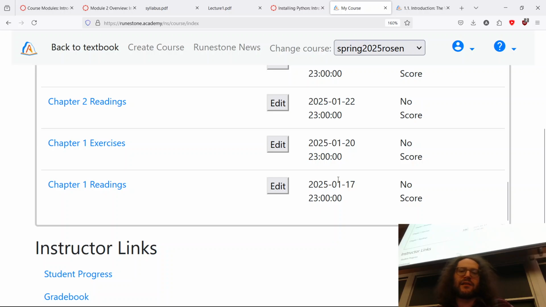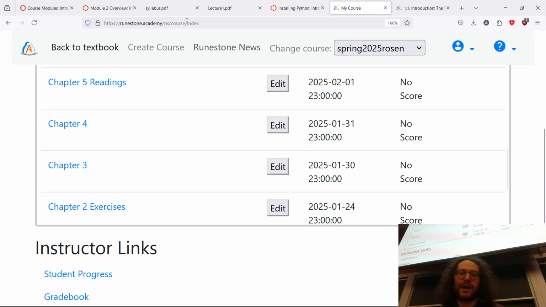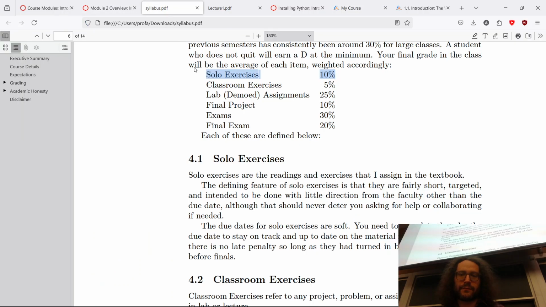As long as they're done by the end of the semester, you'll get credit for them. I don't care how late they are. You'll always get full credit for these. Okay. But these are when I expect to have them done by. And I might have to adjust some of them, but the point being is that those, when they get